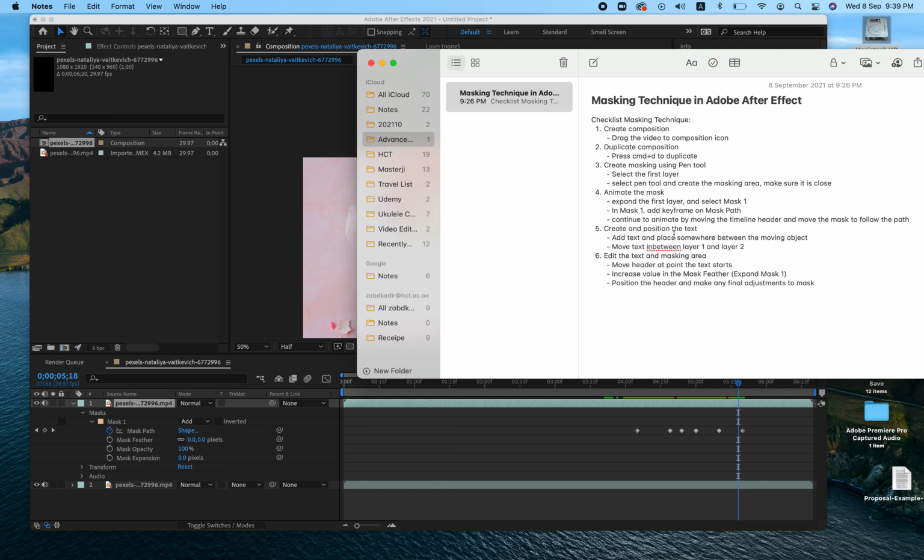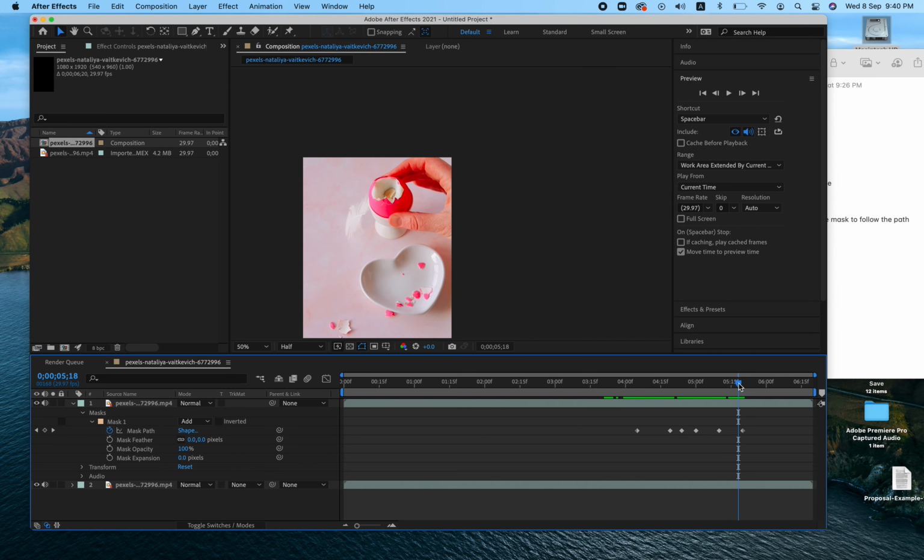Create and position the text. So this is where you start to add the text. Add text and place it somewhere between the moving objects. So what is meant by this step is, when we analyze this video,